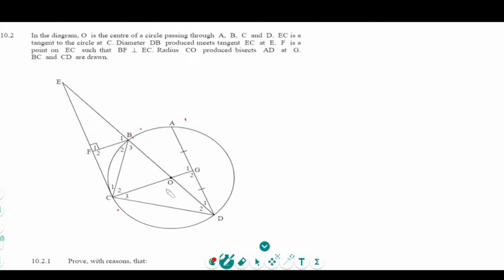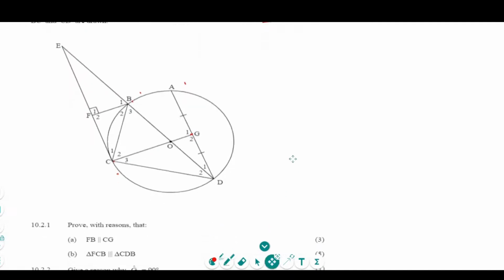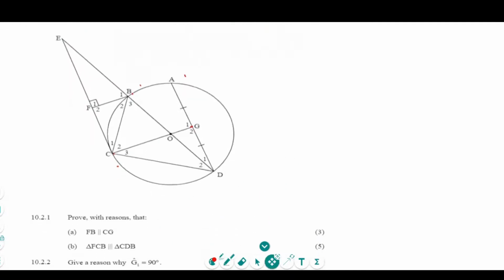Then the radius CO produced bisects AD at point G, and then BC and CD will be drawn. All right, so we have that information, and then they want us to prove that FB